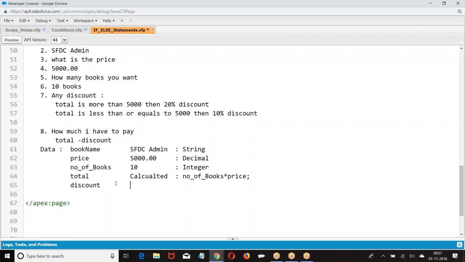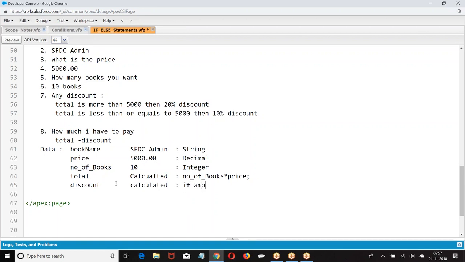Discount. Now I have a condition. If total is greater than 5,000, we have 20%. Discount is calculated. How is it calculated? Based on an if condition.